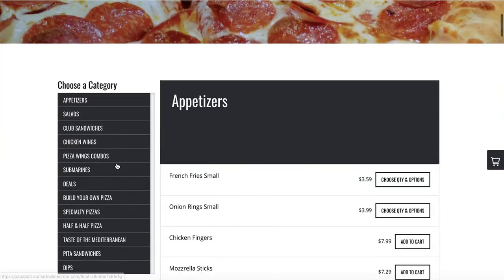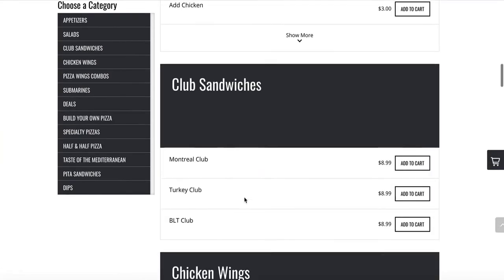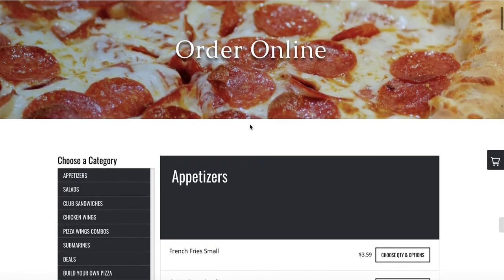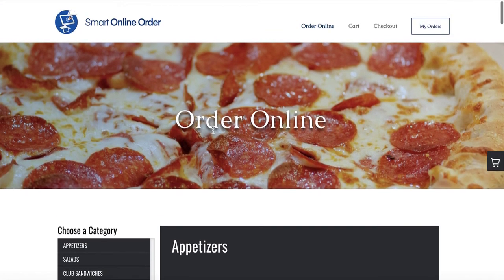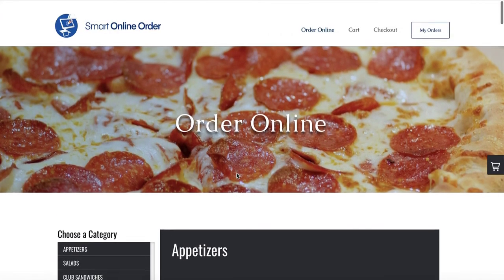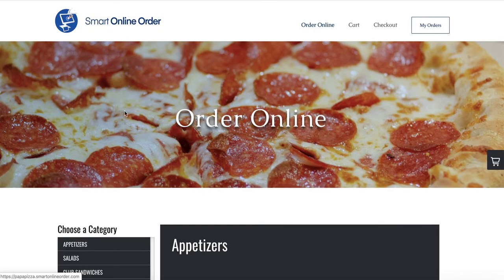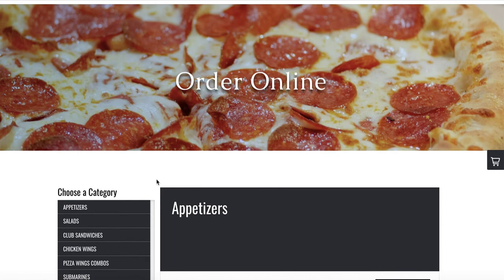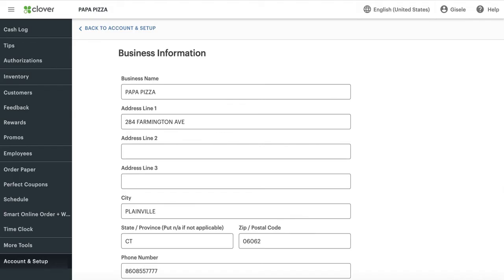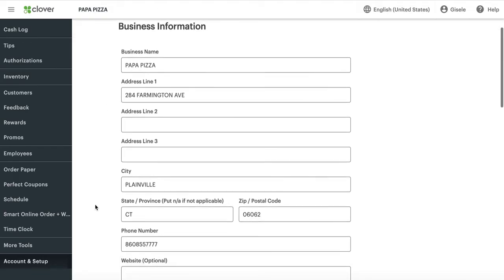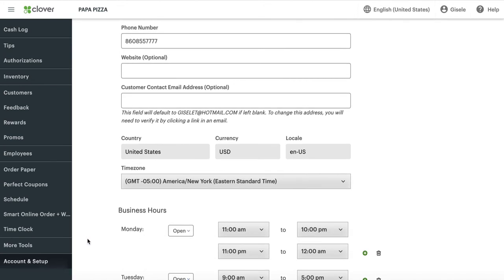And this is what the order online page looks like. Okay, this comes from the Clover inventory. Okay, everything is imported from your Clover POS. So here's the order online page. So the only thing we have to change on this one is the logo. We can keep this logo or we can change it. And to change this logo, there's another video on YouTube on how to do that. But for now, let's go ahead and go back to this section here, because we have to do some additional